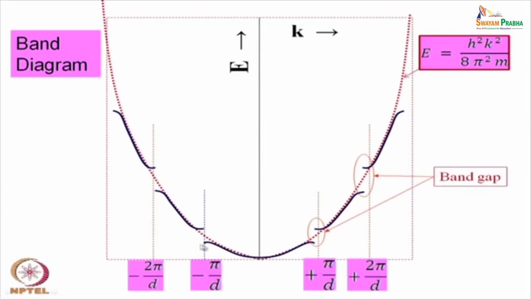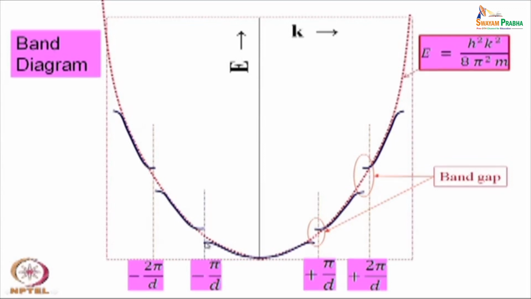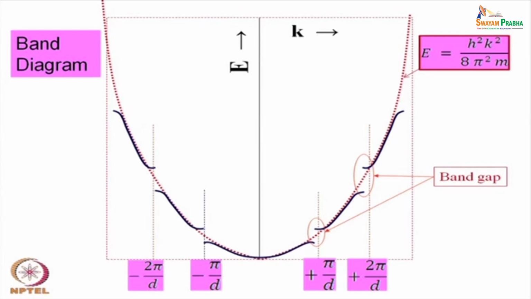That means, here the energy levels are not available. So, if the electron is having this energy level, then from this energy level, to reach the next energy level, it has to acquire a certain amount of energy and go to the next level. It cannot stay within these energy levels. So, these energy levels become forbidden energy levels. This is where Bragg's reflection comes from, the electrons get reflected from there.